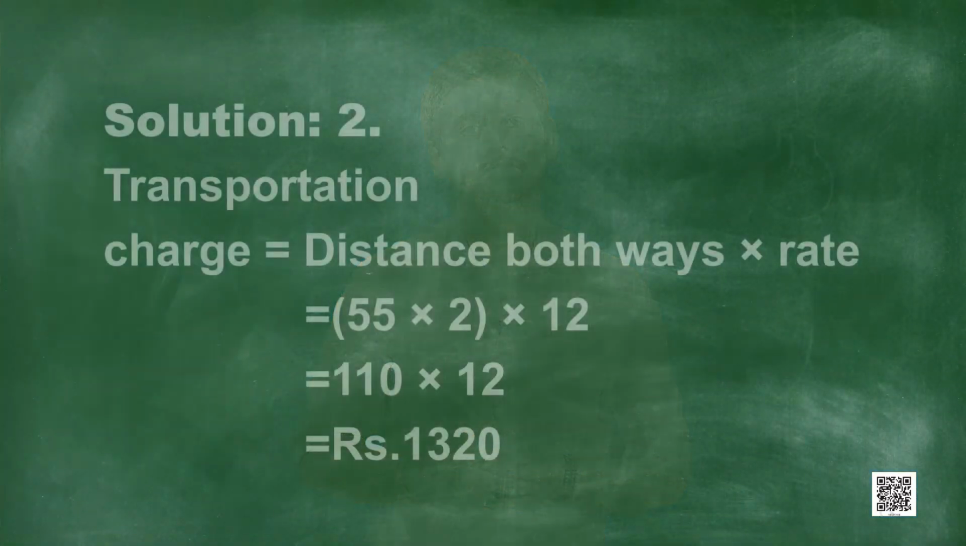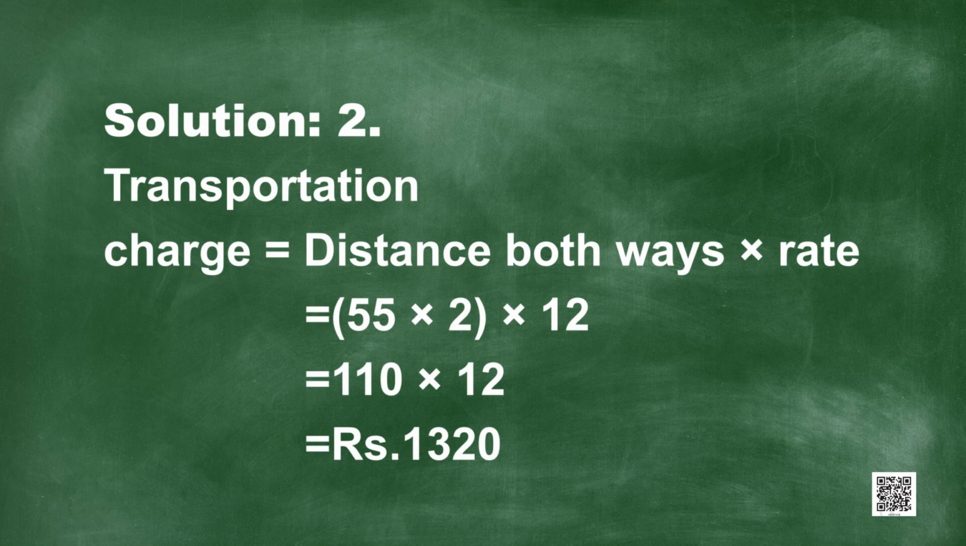Students, to find cost per head, firstly let us try to find the transportation charges. So transportation charges will be given by distance in both the ways multiplied with the rate. Here both ways means school to the picnic site and picnic site to school. We know that the distance was given as 55 per one way. Since it is both the ways, we will multiply 55 with 2 and the rate is given to be rupees